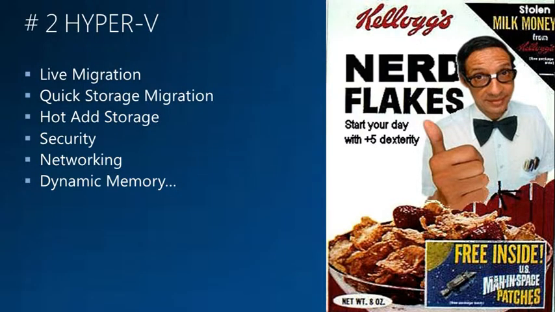It uses BITS for the background transfer, so you're not clogging your network, and of course you can configure how all that works. You can even configure what network you want that transfer to happen on, if you have multiple networks and stuff like that. But then once it's done moving that big part of the VHD, or that data part of the VHD, then it pauses the machine, transfers the state, which is your saved memory, and the delta, or the differencing disk that it created. It merges those changes, and then unpauses the machine in the new